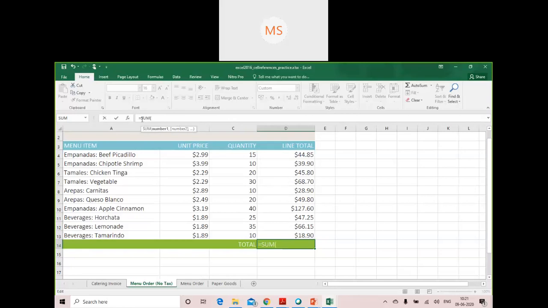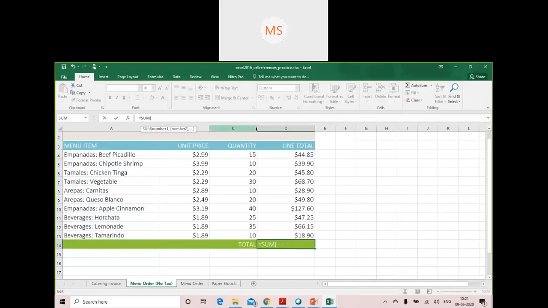What you need to do is provide the cell range. Either you can type the cell range, or you can simply make use of your cursor to do that. Here if I write A1 to A20, A1 to A20 consists of the menu items, where these menu items are specified in the form of characters, so it is not going to work on this. The SUM function is only going to work on numerical values, and my numerical values are stored here in the D column, which I need to add.